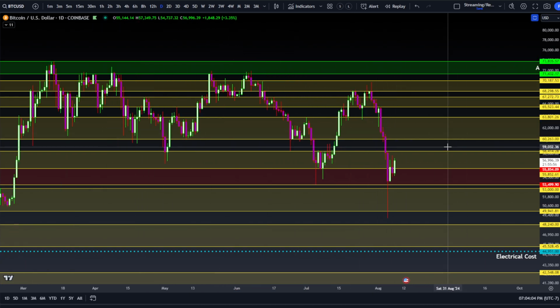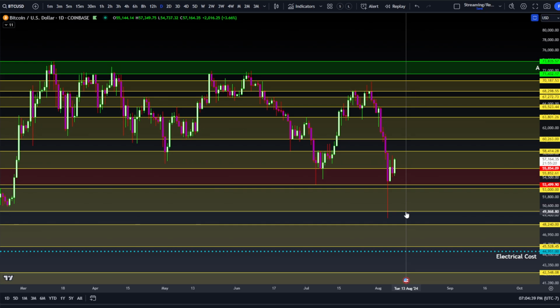Now, the reason why, and I want to be very, very clear about this, that I break these zones up is because this is conditional analysis. And when I say conditional analysis, I mean that we need to see daily closes above or below these levels to start looking to the next level. So one of the reasons why I'm able to get very tight predictions, I guess you could call them, they're not really predictions, but really close to where price is landing, is because I'm using conditional analysis,